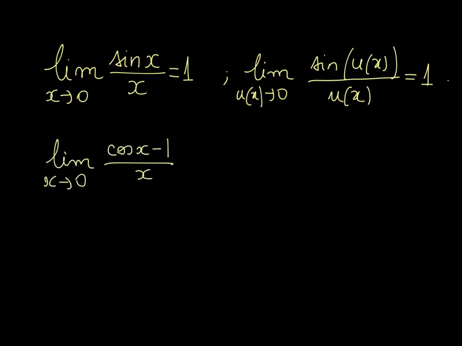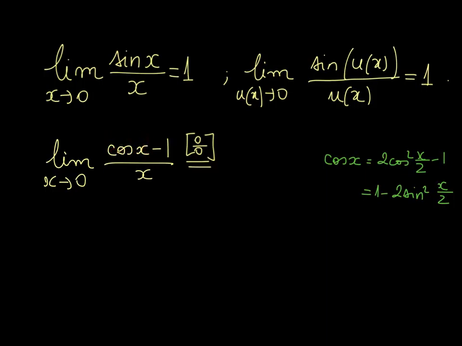So I'd like you to stop this video and think what this limit is using the half-angle formula. I'm going to use a half-angle formula because I want to find this limit using a limit that I already know. So I know a limit relating sine of x. By the way, just by replacing x with 0, I get an indeterminate case, 0 over 0, so I need to transform it. The double angle formula for cos x is 2 cos square x over 2 minus 1, but it's also 1 minus 2 sine square x over 2. And I'm going to use this second one